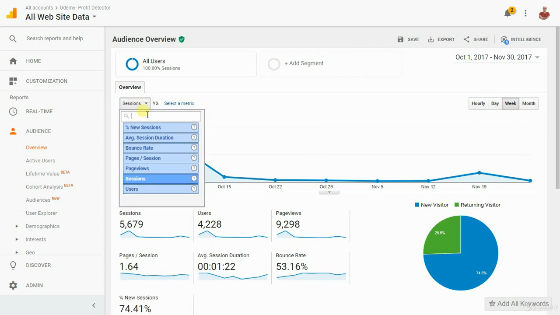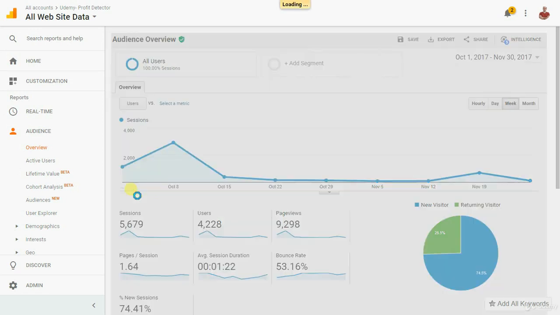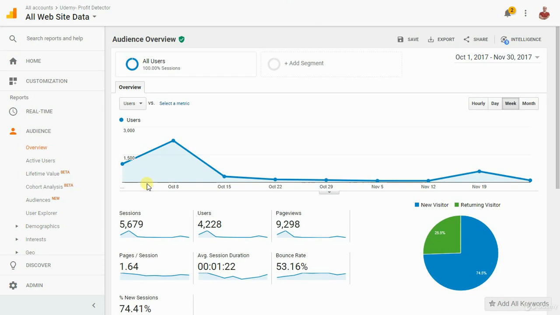We have monthly, and of course from here you can select whether you want to see sessions, or you can also choose page views, bounce rate, or users. Let's say if I select users, it will show me the data for the users